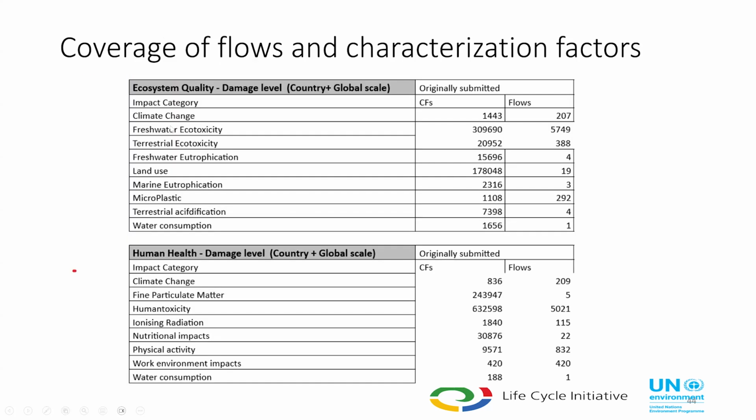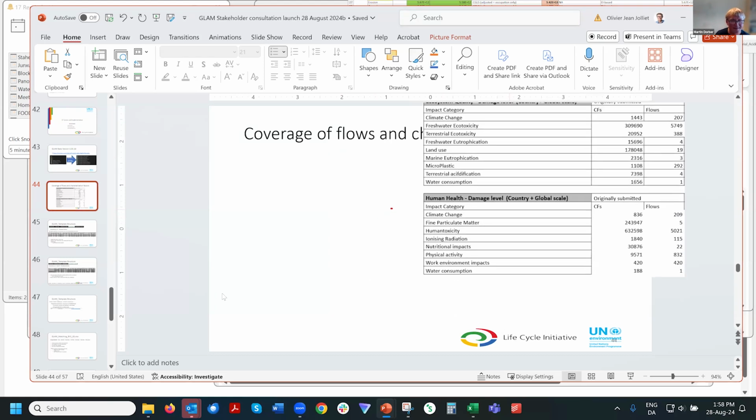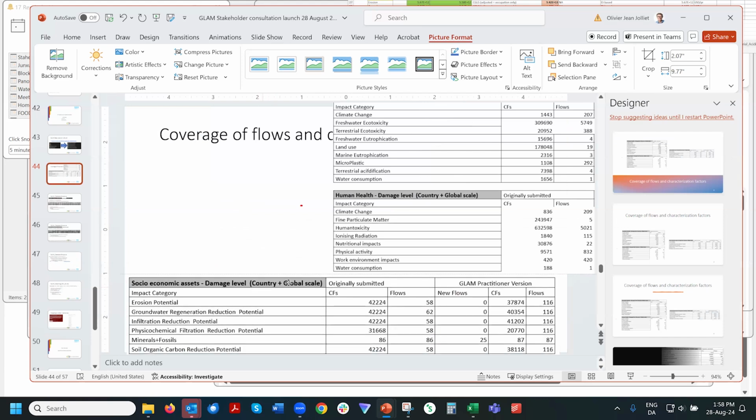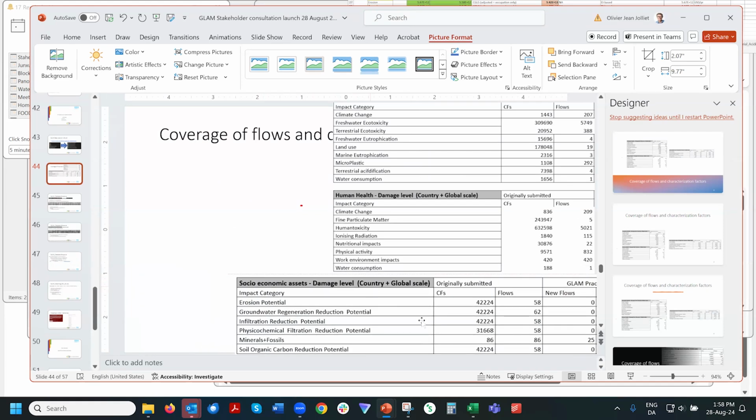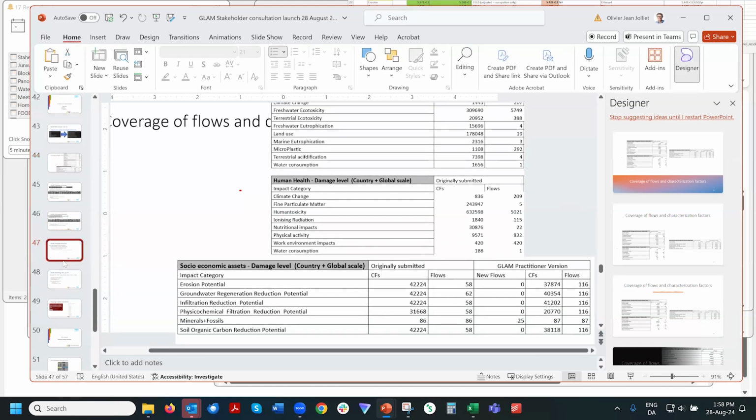Sorry. Do you also have the overview of what goes into the research version afterwards? Perhaps I can just say there is also, for the socioeconomic assets, these flows here that we have. Okay, so you go back to